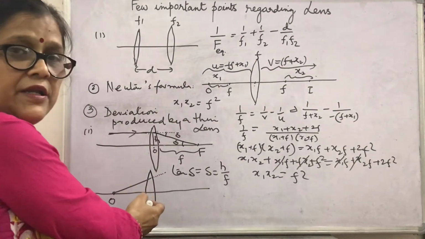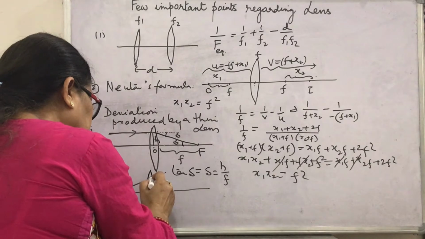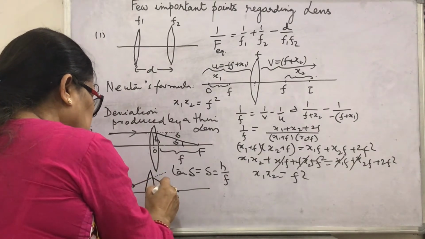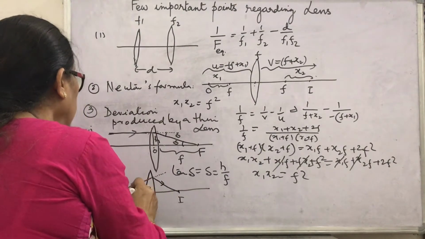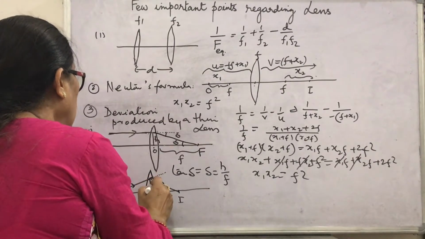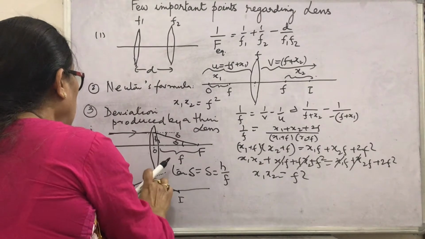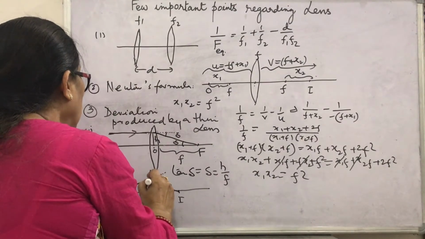Is it visible here? Look here. Now if this is the image formed by the lens, this is the incident ray, this is the reflected ray, this is I, this is O. Let this be the height again, h. Okay, then what happens if you find